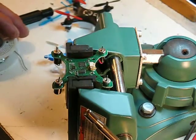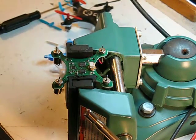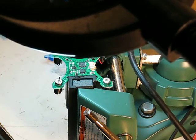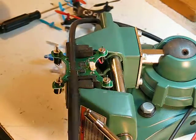So this is not really the easiest thing to do. Check in the magnifying glass. Yeah, it looks like I got it on there right with this thicker